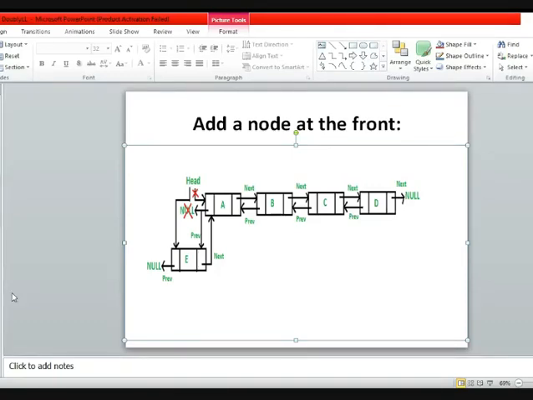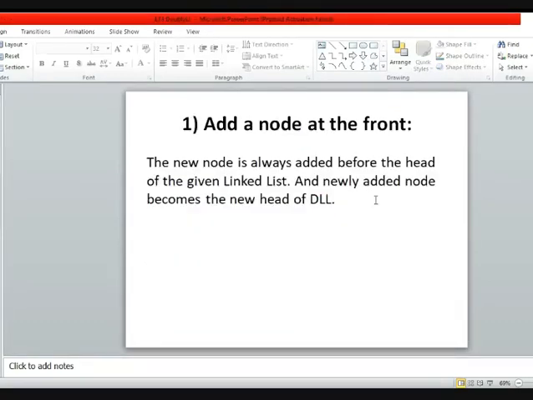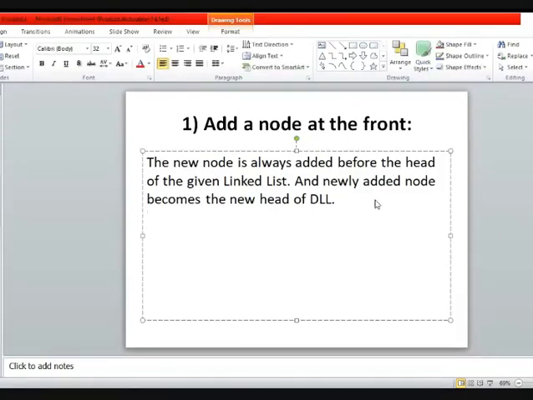Okay, so what are the main steps you are doing here? Let me write it for you. Once you have allocated space to that node, let's suppose the name of that node is ptr, and you are using some kind of malloc function to allocate memory. Once you have allocated memory, you assign its data value, let's suppose in a variable called new node.